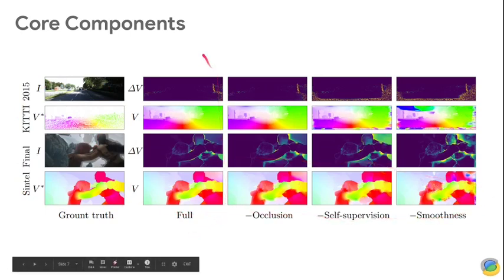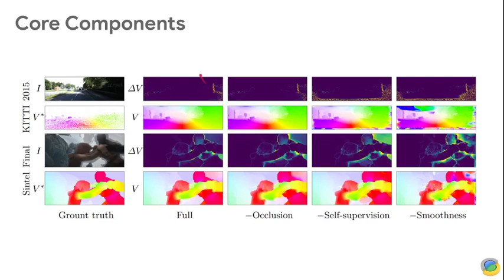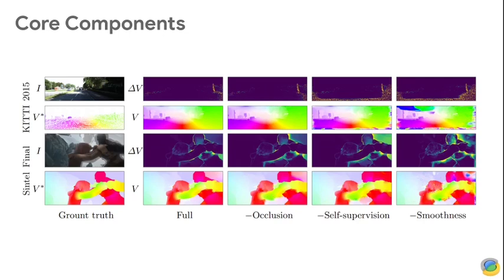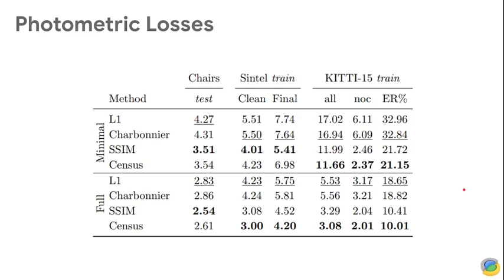So in the first column, we basically applied the full model with all the core components. And as we move more to the right, we then remove different components one at a time and see how the quality of the estimated optical flow degrades as we do so. And then we also look in much more detail at different components. For example, at the photometric loss, where here we compare the L1 loss, the Carbonier loss, the SSIM loss, and